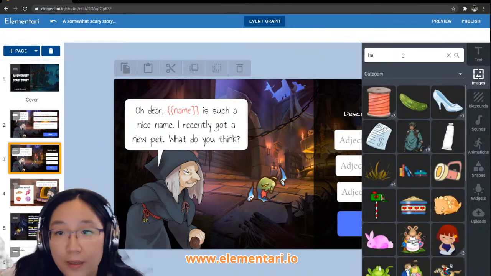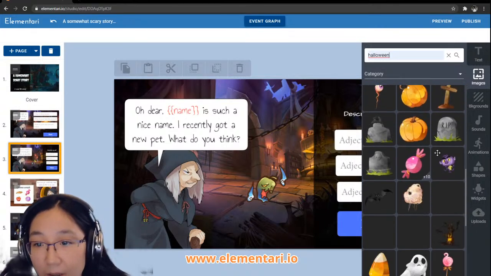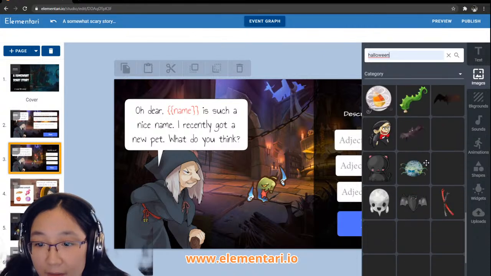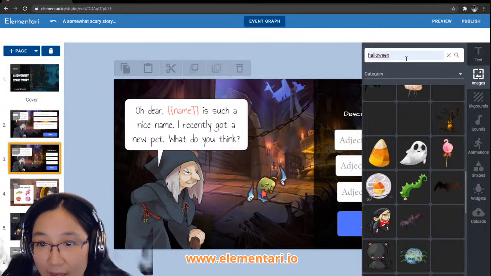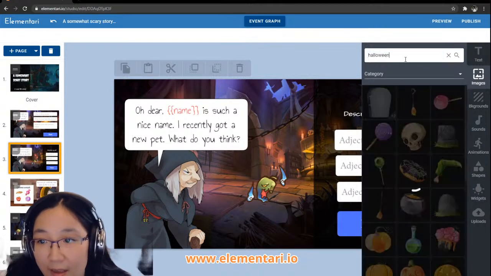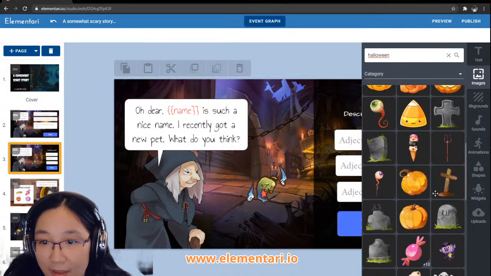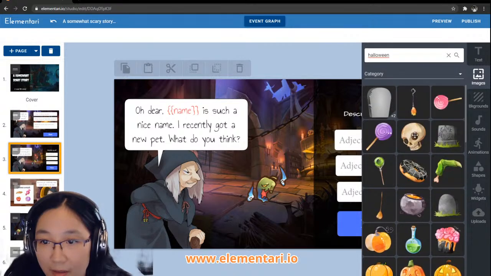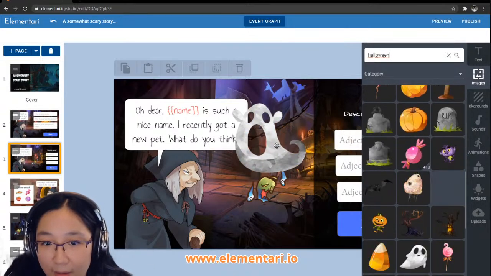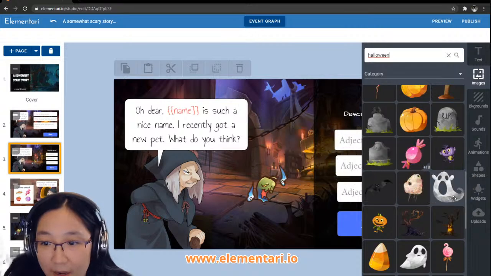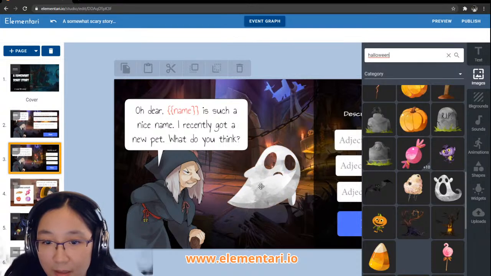Let's see what we have for Halloween. Do we want to use any of these creepy things? You want the ghost? The skeleton head, the ghost. Where's the skeleton head? We have a skeleton head? Or we have the ghost? Which one? Okay, we have this one? You want this ghost?